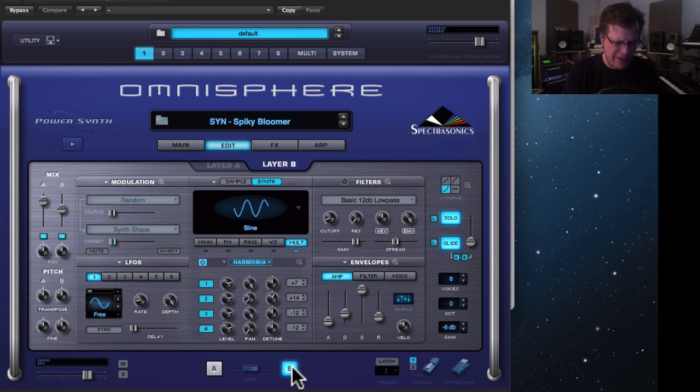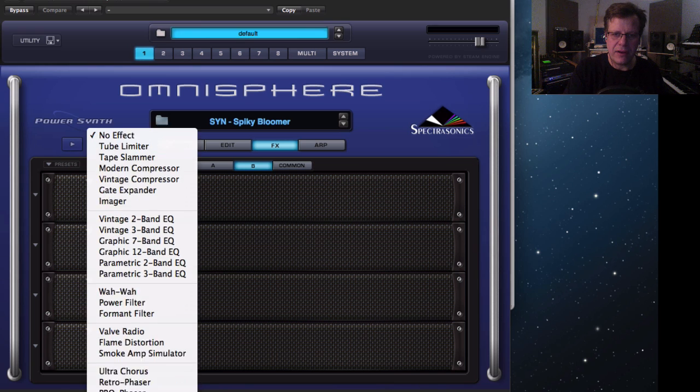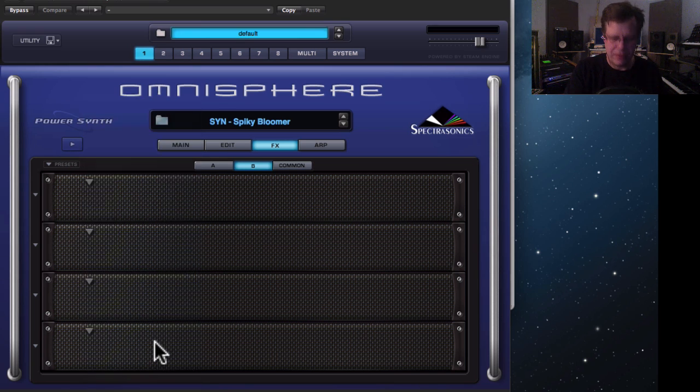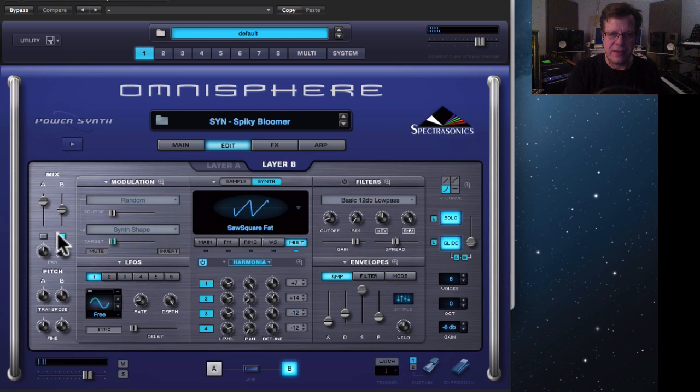Listening to it with A and going, not right. So let's go to Sawtooth. And it's kind of sticking out, right? It needs something else moving it. So as a quick fix, there's other ways to do it, but let's go over here, and there's a wonderful chorus right here. Now if we add that to A,